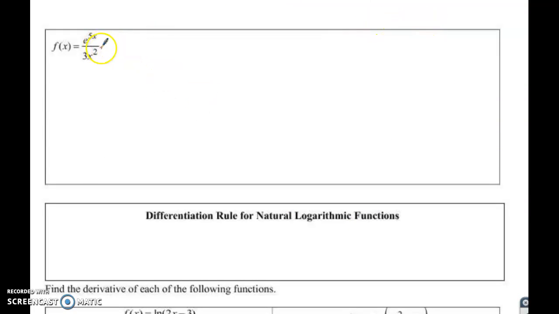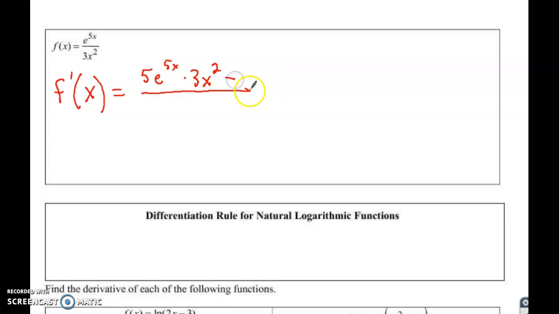So here's another problem where they just want to stick a quotient rule inside of that. So make sure you're familiar. So this is definitely a quotient rule. So the derivative of the top, and as you get a lot of practice, you'll know fairly quickly how to do this. Leave the bottom alone, minus the derivative of the bottom, which is 6x. Leave the top alone. All over the denominator squared. Make sure you square each piece. So 3 squared is 9,